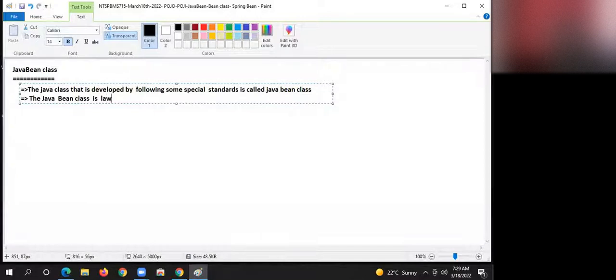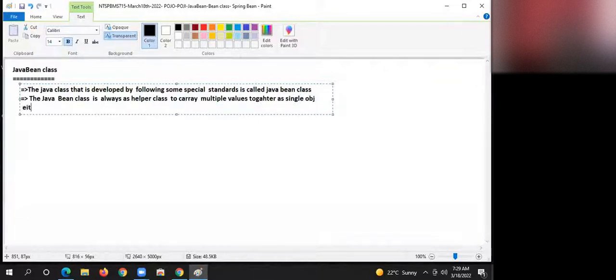is always used as a helper class. What class, guys? Helper class to carry multiple values together as a single object, either between two layers or components of the same application, or